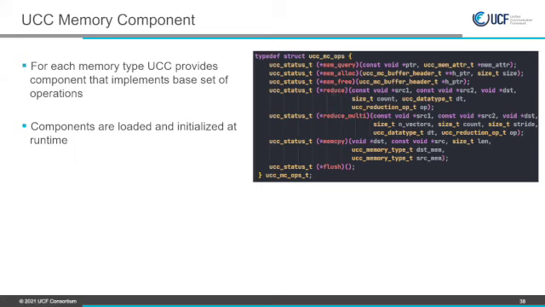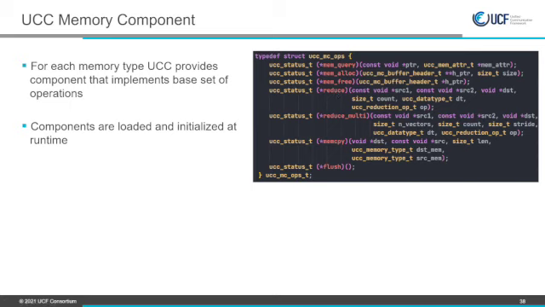But for the CUDA memory component, reduce is a GPU kernel, optimized to do the reduce operation on one or multiple buffers for different reduction operations. All these components are loaded at runtime, so we do not have any dependency.